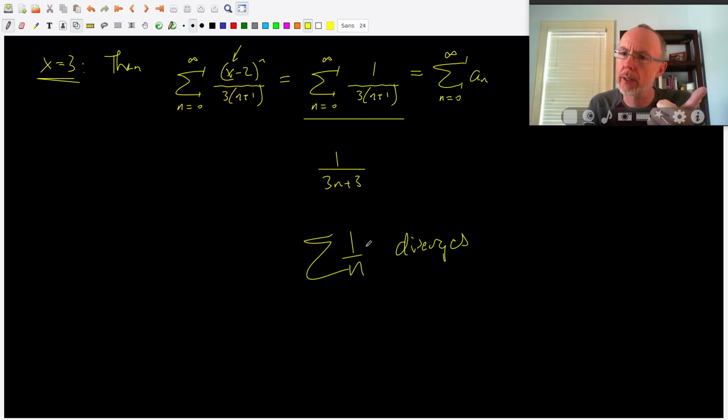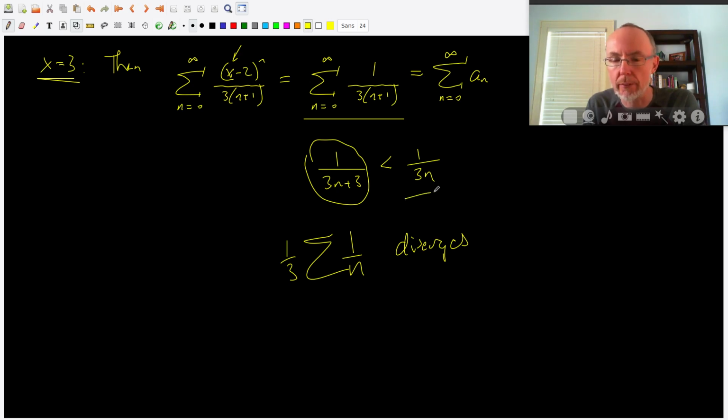Okay, so direct comparison test, limit comparison test, which of these should we use? This isn't a p-series. We can't do it directly. Now, if this diverges and these numbers were bigger than those numbers, then the direct comparison test would help us. The trouble is, if I made the denominator bigger, that means I made the whole number smaller. So I know that when I add these up, it's going to diverge. The trouble is, this is smaller, which tells us nothing about the divergence when I add up those terms, because they're smaller than something that goes to infinity. So this inequality is the wrong way around for the divergence test to be useful, so we should use the